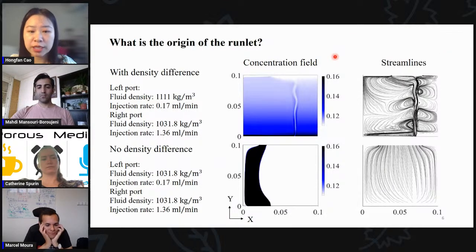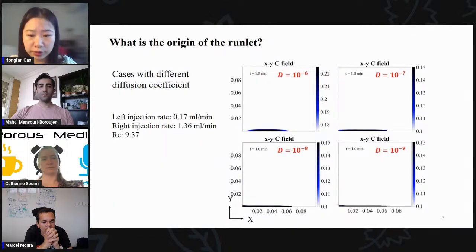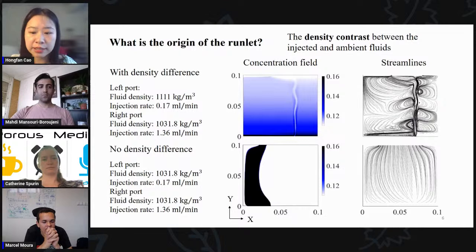However, when we change the density of the two fluids to be the same, the narrow rivulet disappears, as we can see from the second row of figures. It means the density contrast between the injected and ambient fluid can be the origin of the rivulet, and at the interface of the two fluids, mixing can happen and reduce the density contrast between the two fluids,